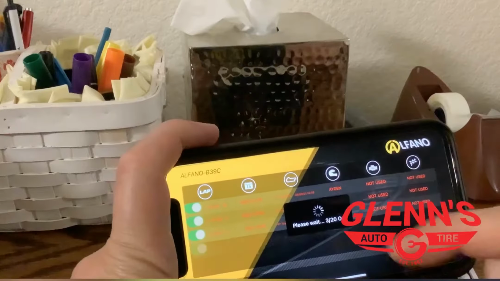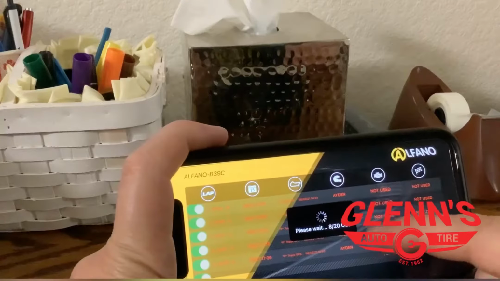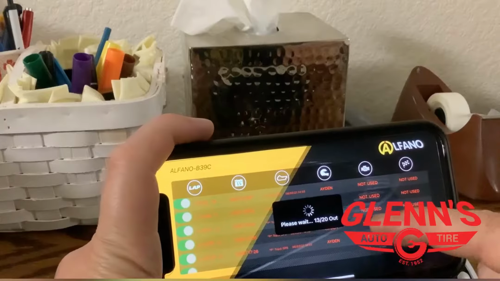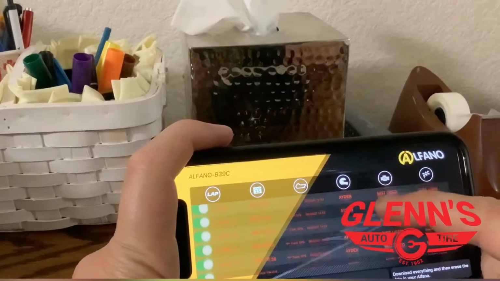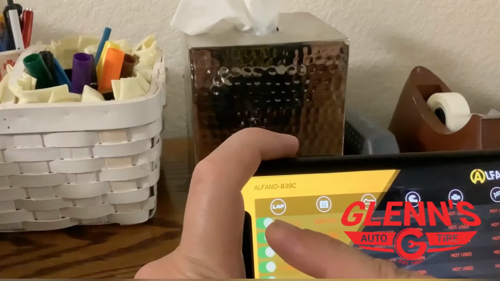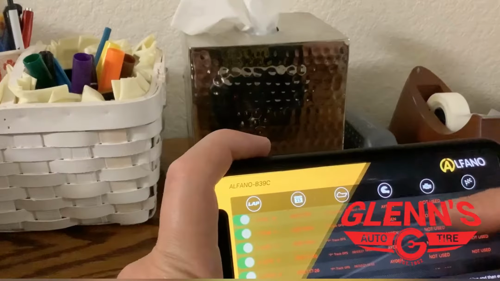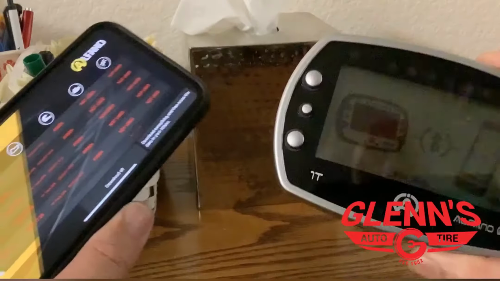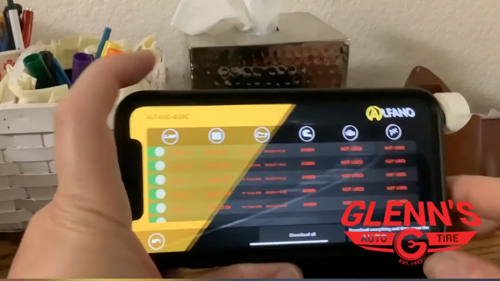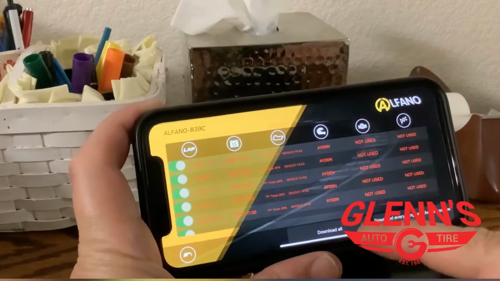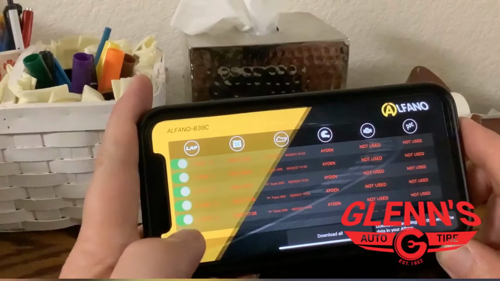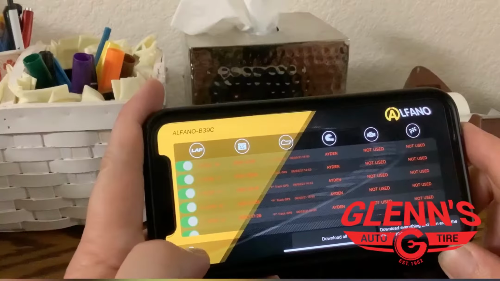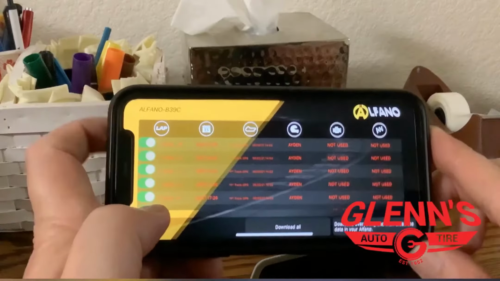It's going to find the Alfano, and these are all of the races, the outings that are on this specific Alfano. Now, if one of these little things is kicked the other way, that means it's on the Alfano, but it's not on your app yet. So if you hit download all, what actually happens is it just syncs basically, and it downloads what you don't have. I don't have any undownloaded stuff right now, so I can't show you that, but all you do is